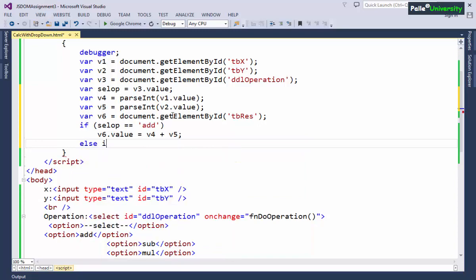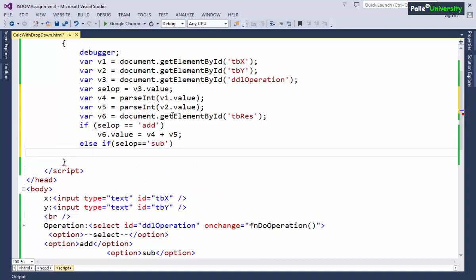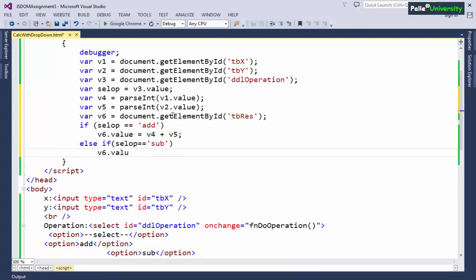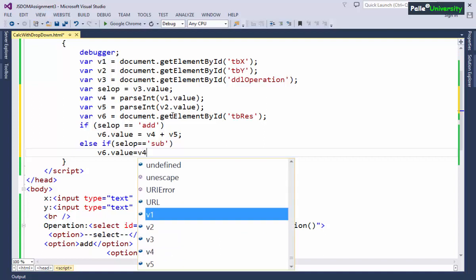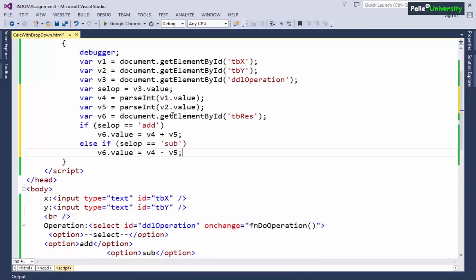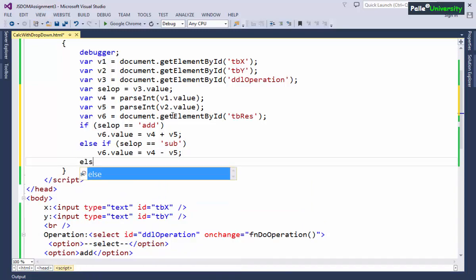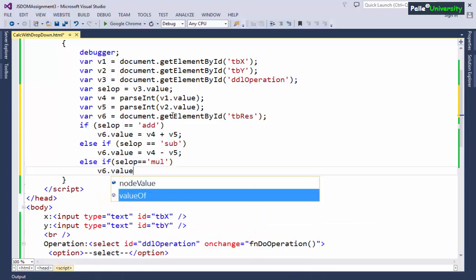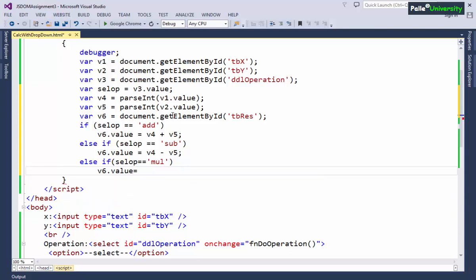Else if selected operation is equals to subtract, then V6 dot value is equals to V4 minus V5. Similar way, else if selected operation is equals to let us say mul, we need to perform the multiplication and we have to store the multiplication result into V6 dot value, V4 into V5.